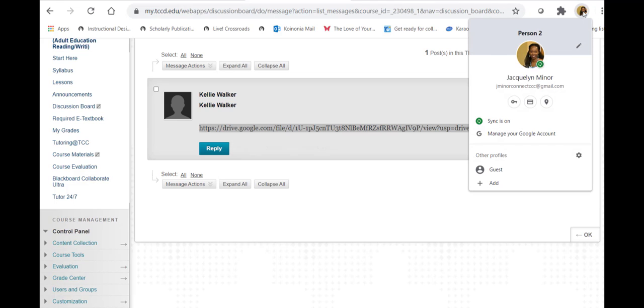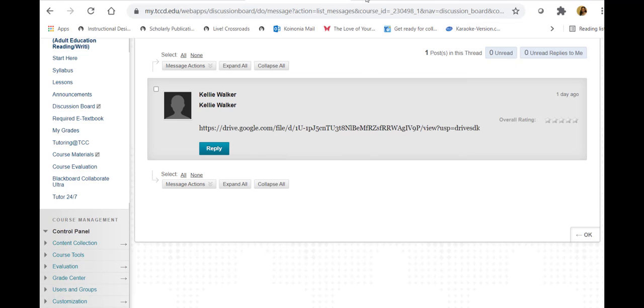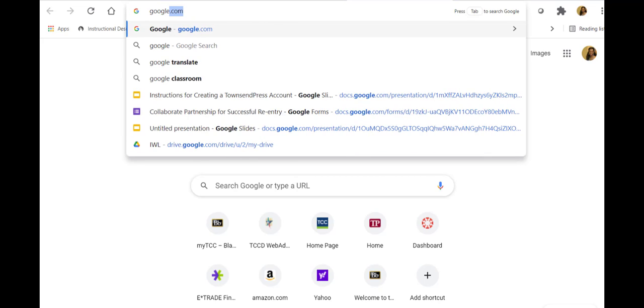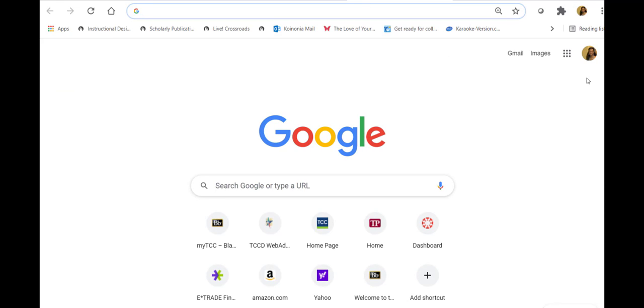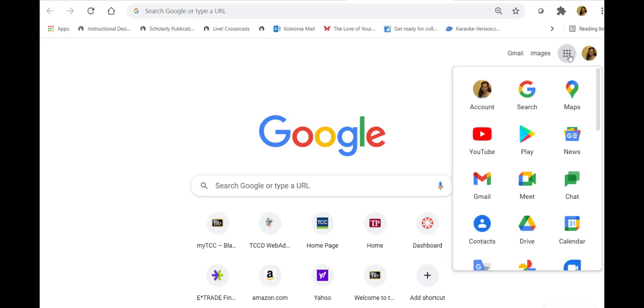Okay, here we go. Right here, when you first log into my TCC, you'll see your picture and then you'll see these little dots. And these little dots, if you click on them, will let you get into your Google Drive. Okay, so here's my Google Drive. When I go into my Google Drive,